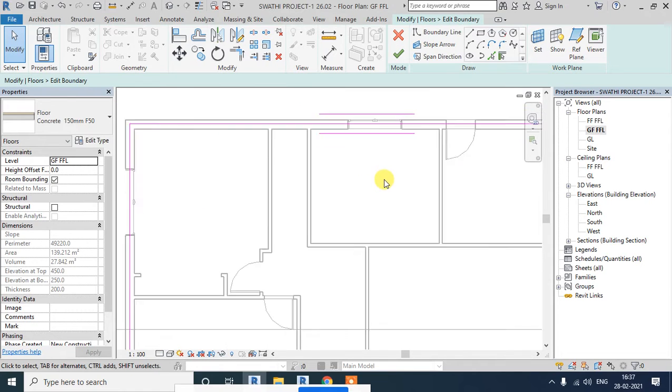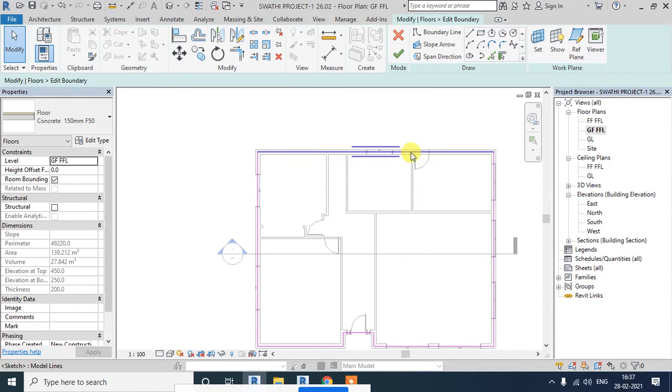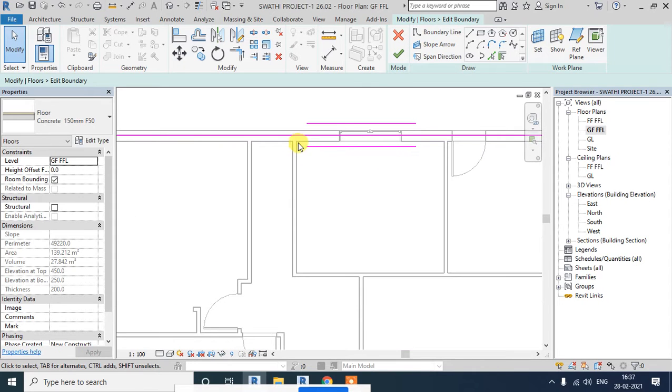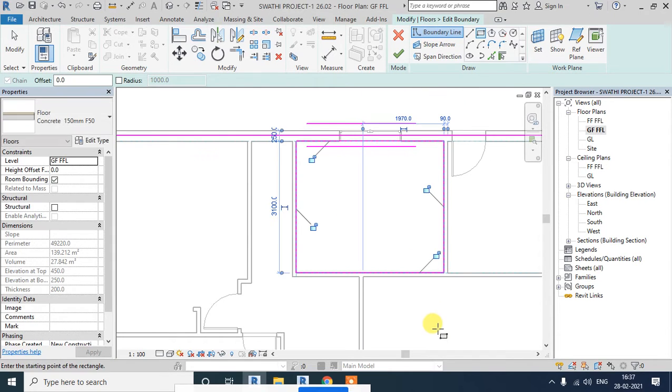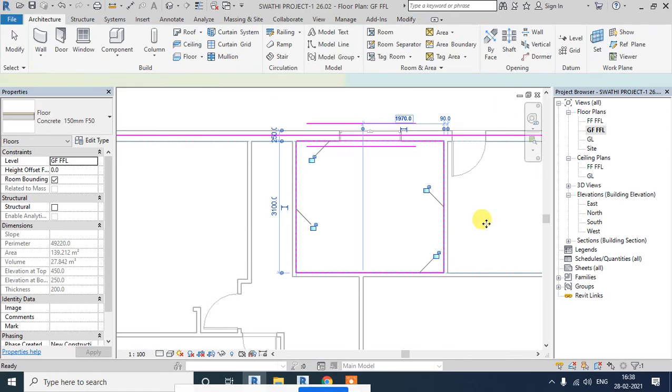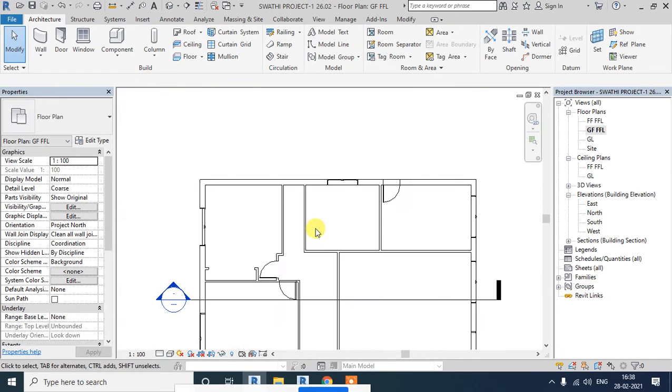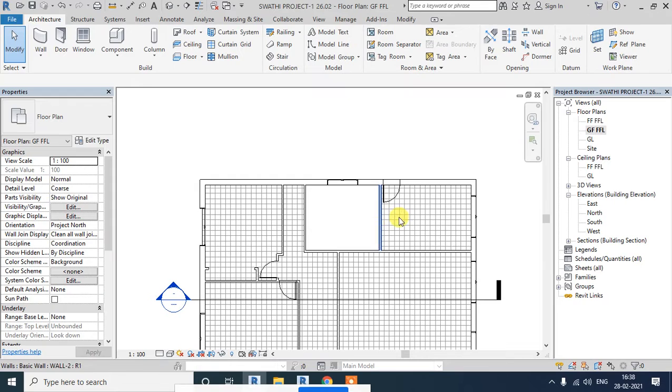But suppose this is my bathroom, and I want a sunken slab here. A slab should be a bit lower than the normal level, right? So this is the whole floor here. Now I want to make a hole over here. So obviously I'm drawing a rectangle. Can you see that? I'll say finish. Can you see that you were able to make a hole there? If you want to see the 3D, you can do that.